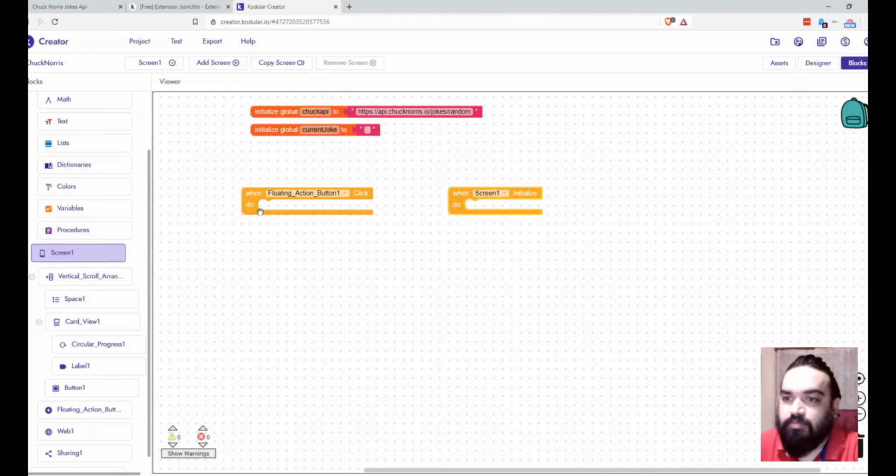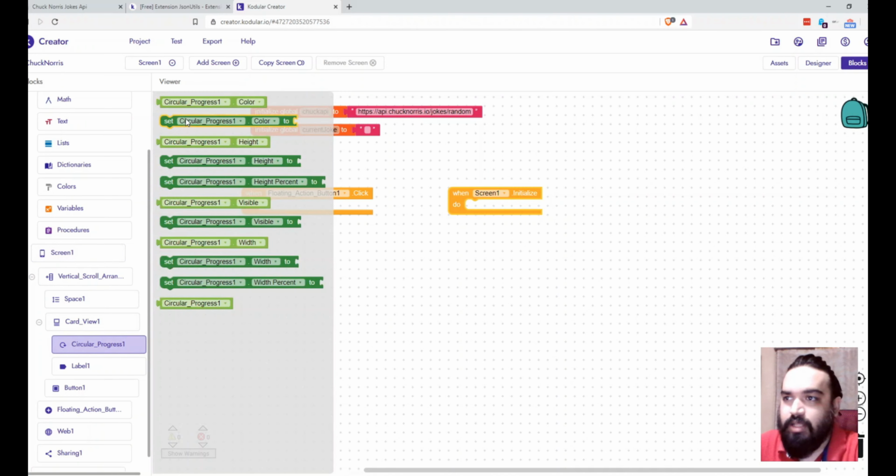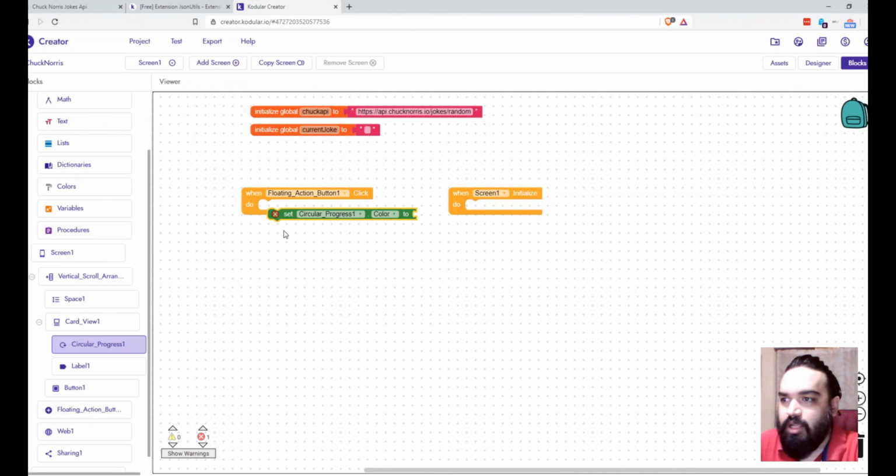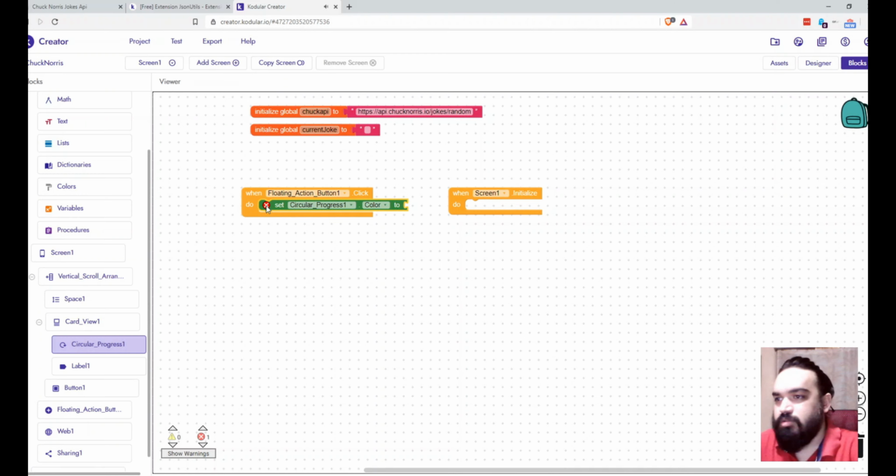So the first step here is, before the API is being called, we need to show the circular progress icon so that the user knows that we are trying to fetch the data, right? So click on the circular progress, and what you have to drag and drop is the set visible block.